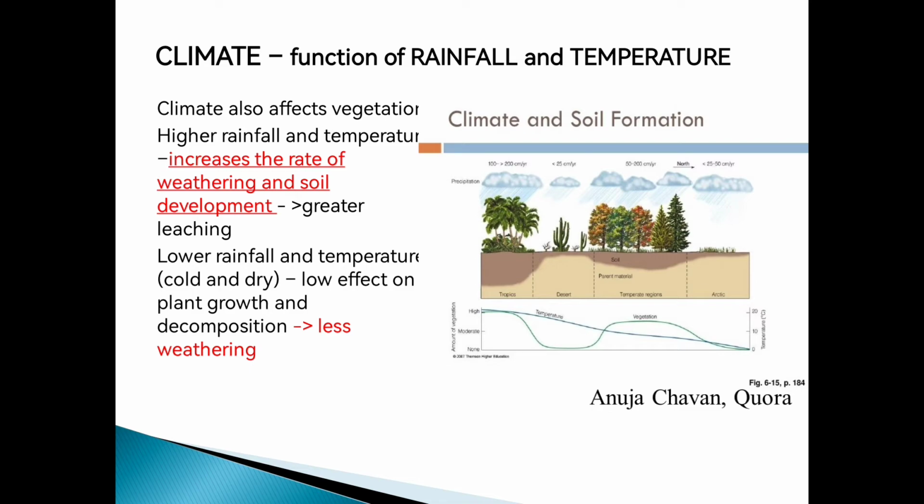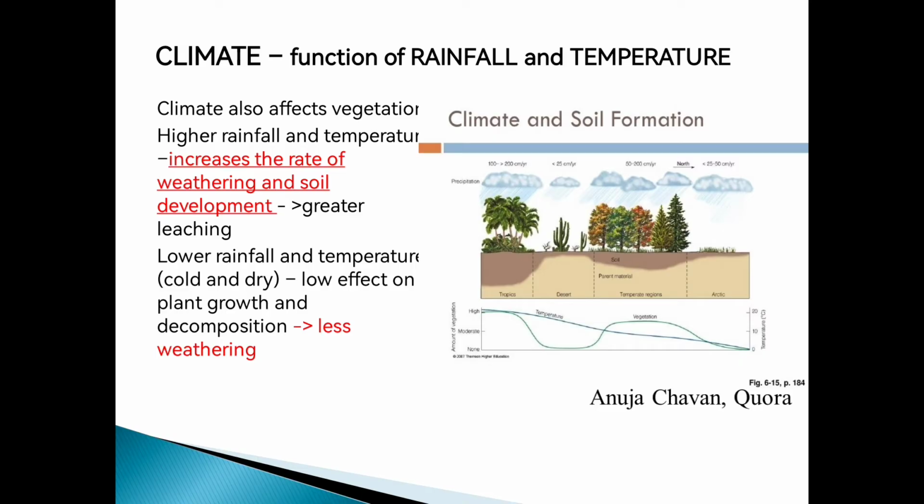And some of the soil varies because iba-iba din ang kanyang climate, iba-iba ang klima sa lupa na ganyan. Even though we are in the Philippines, for example, same ang ating climate. We are in tropical areas, but then the whole Philippines has different types of climate. So meron tayong type 1, type 2, type 3, and type 4. It depends upon the area.